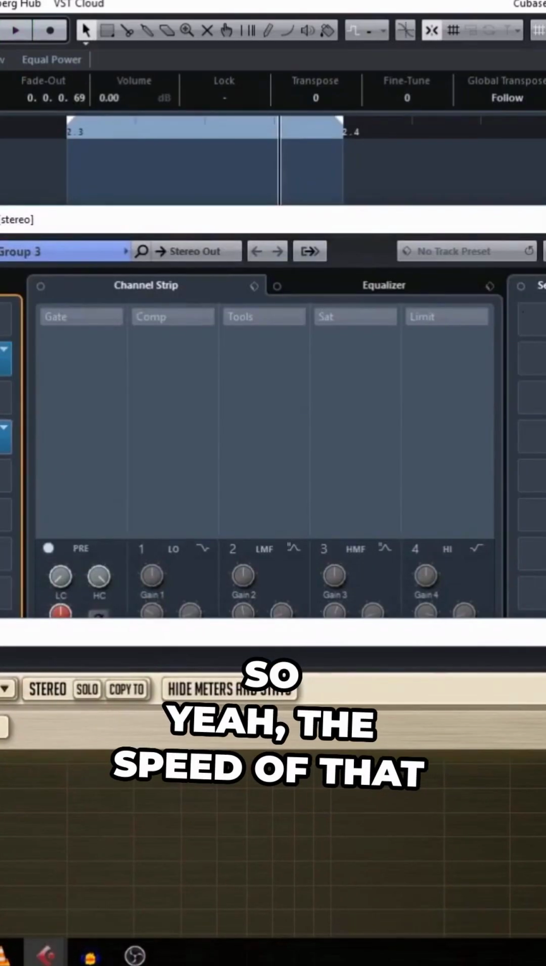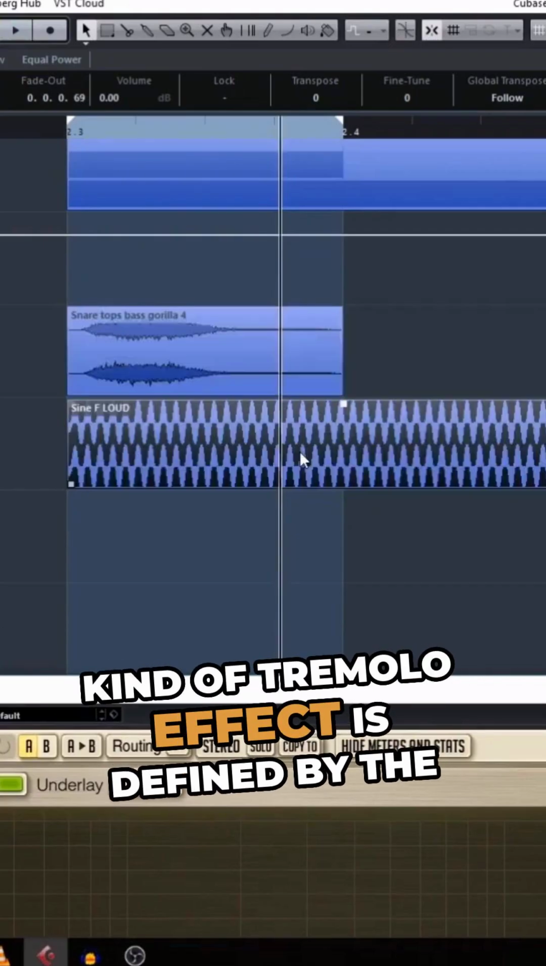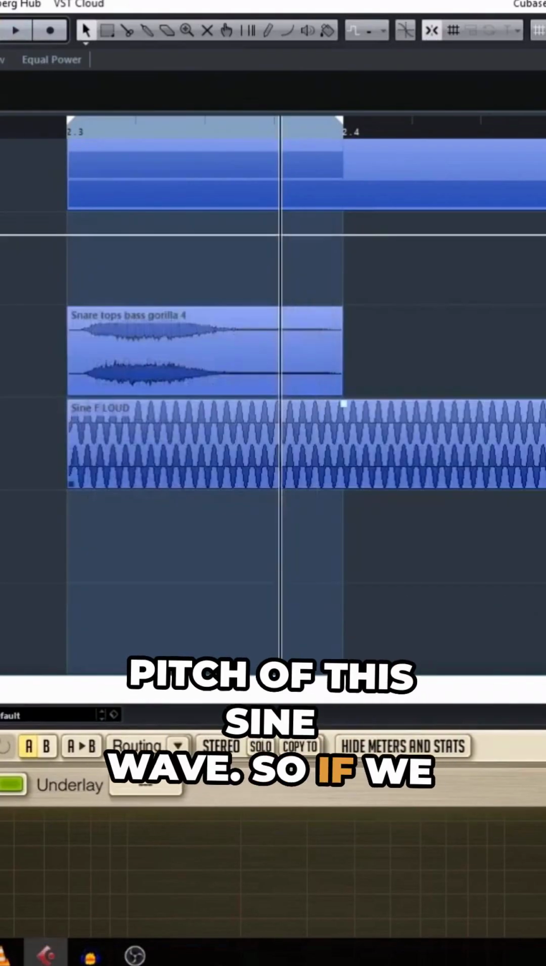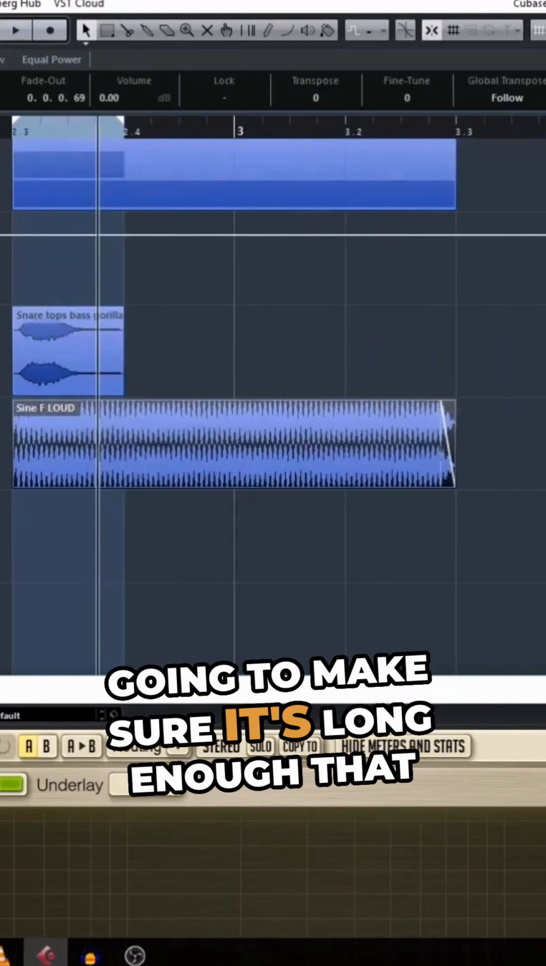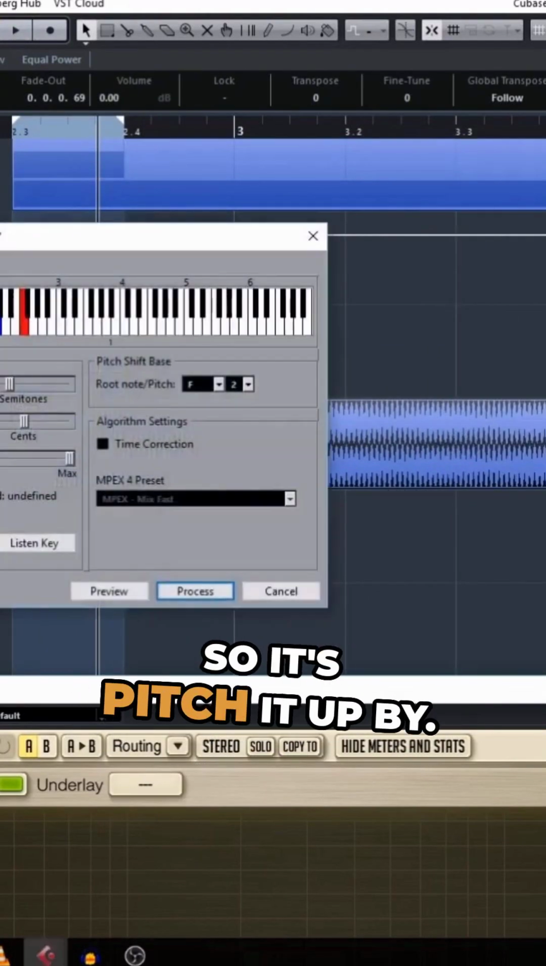So, yeah, the speed of that kind of tremolo effect is defined by the pitch of this sine wave. So if we make sure it's long enough and pitch it up, it'll get smaller. So let's pitch it up by